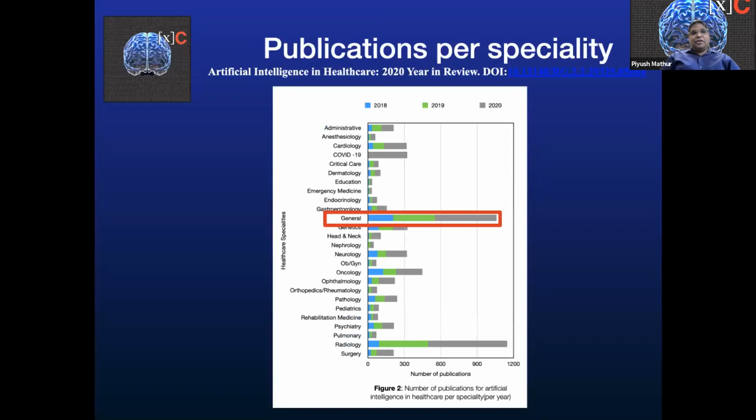And earlier in the year, we showed how every healthcare specialty has had expanded areas of research. If you want to learn about data, that is there in the general section. So if you look at the 2020 year in review or the prior year in reviews, and you want to learn what the publications related to data specifically are, they can be found in the general section. And of course, the individual specialty publications do contain some information about the data related to